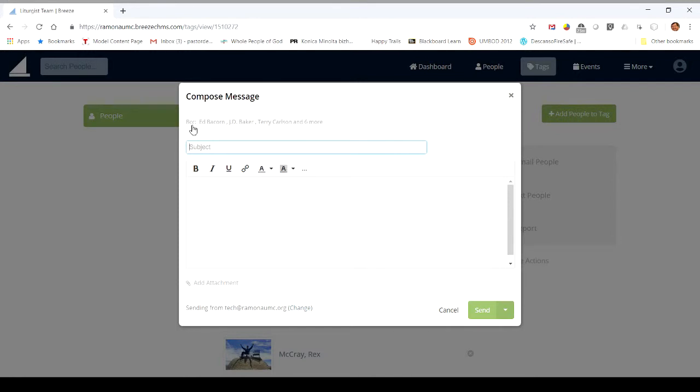And it says it's going to send it BCC to all, those are 3 plus 6, that's 9 people. So all 9 people. You can click on this and edit it. You can take some people out and not include them in the message. You can add an attachment. So if you have some kind of file or a picture or letter that is a file on your computer, you can attach it. But the big thing is, it's really simple to say meeting